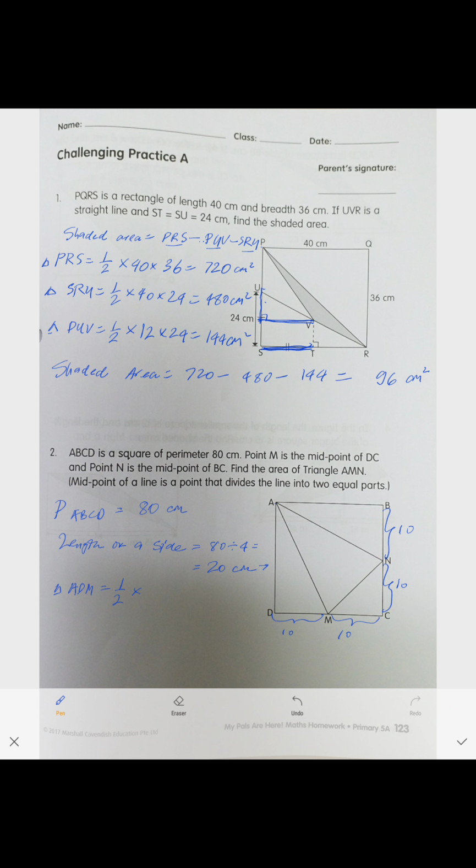20, right? And the base is 10, so 20 times 10 is equal to 100 square centimeters. Next one